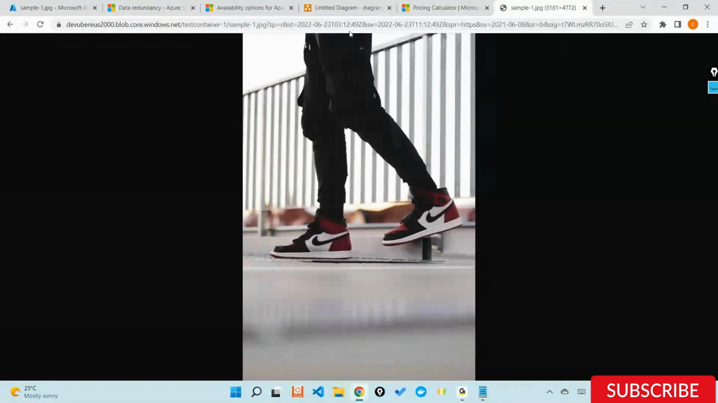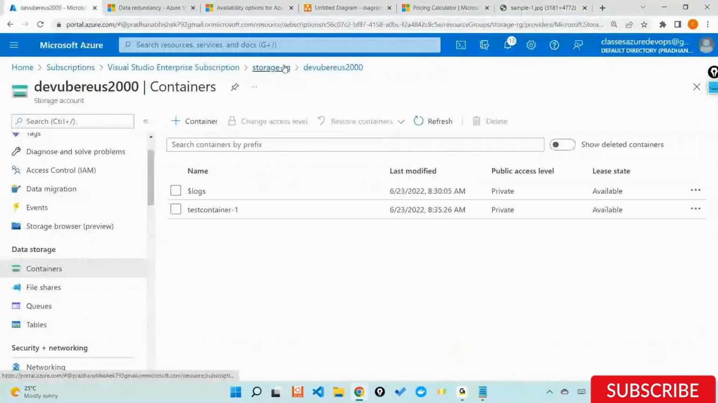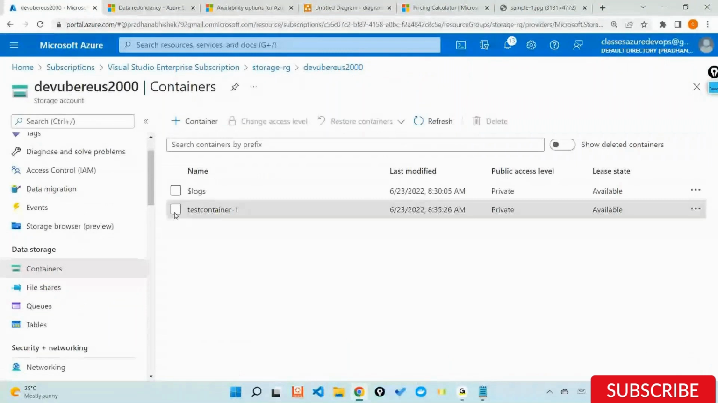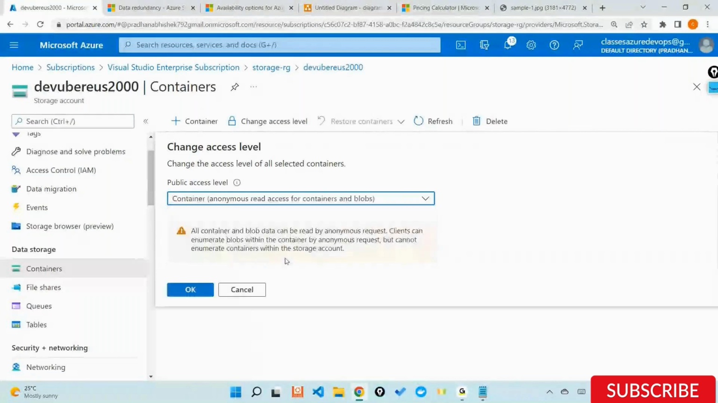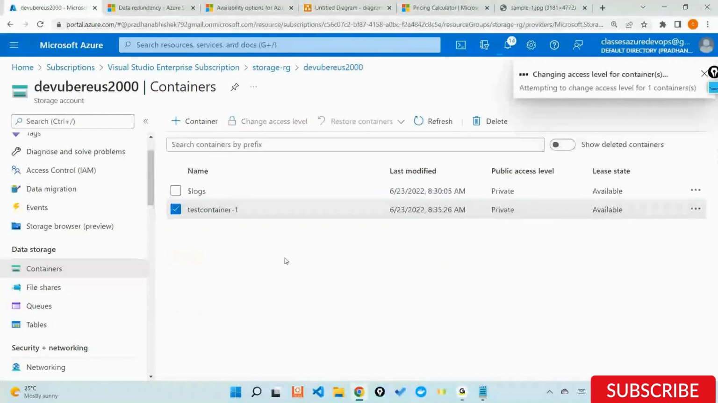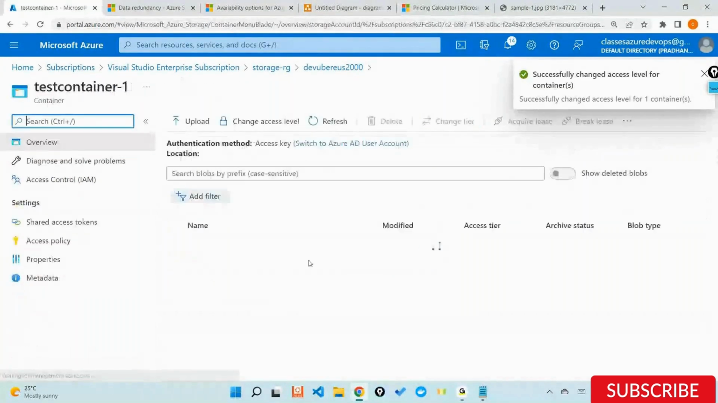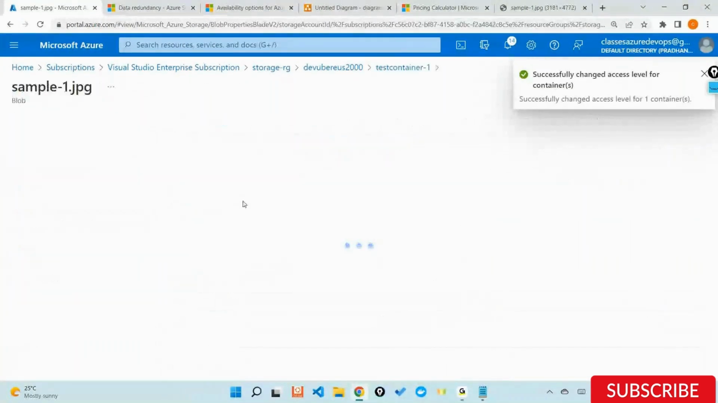You don't have to give a key. You'll just look at the data, right? All those containers are sitting in an access level called, yes, public, but you can ideally call this blob or container. Anything works in the same way. For example, if I put it as a container, do you see what it's telling? Anonymous read access for containers and blobs out here. I'll say okay. And if I go inside it right now and take the URL,